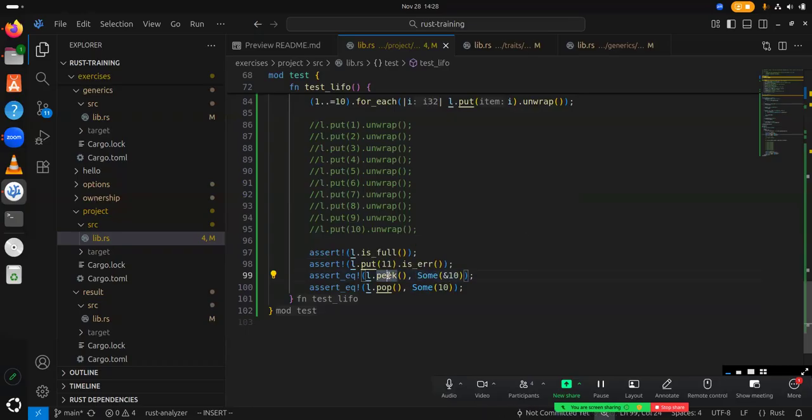because this is like the implementation of this method that is supposed to return a reference to the last item in the queue. Okay. And the last item is 10, so we should get a reference to something which is 10. Okay,